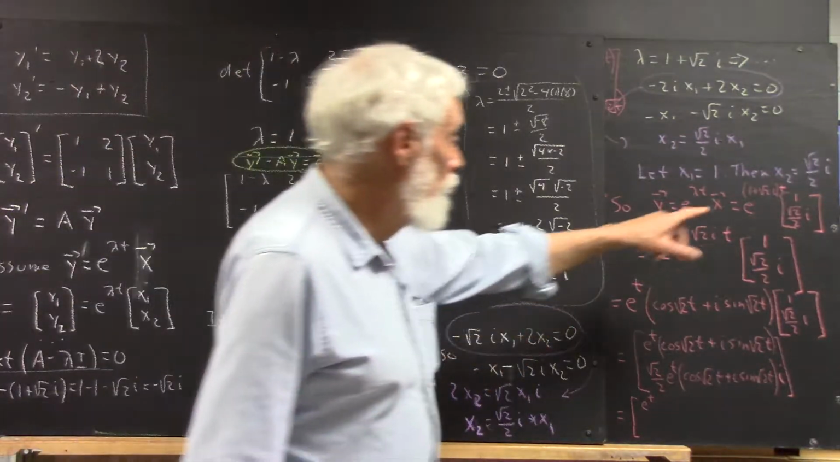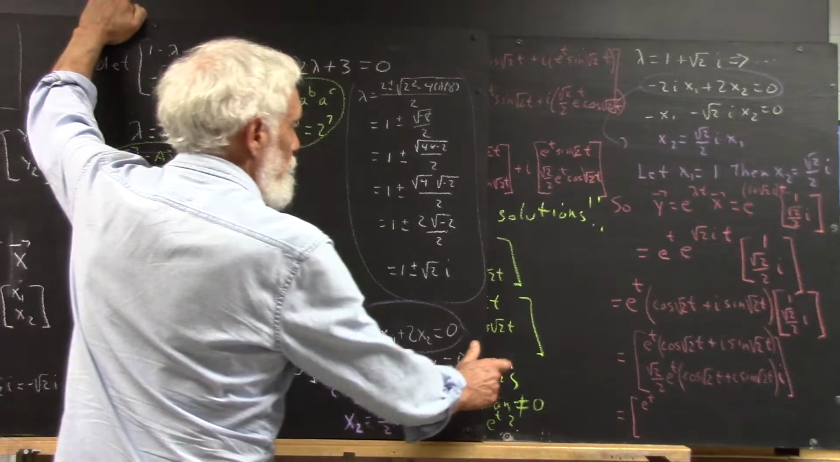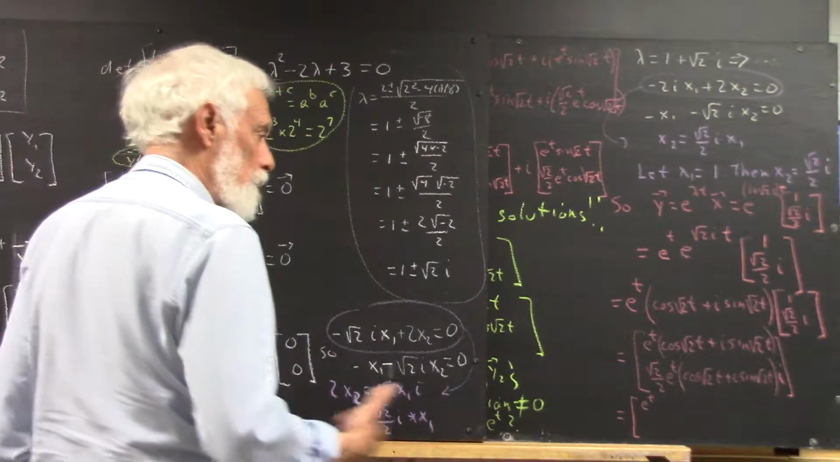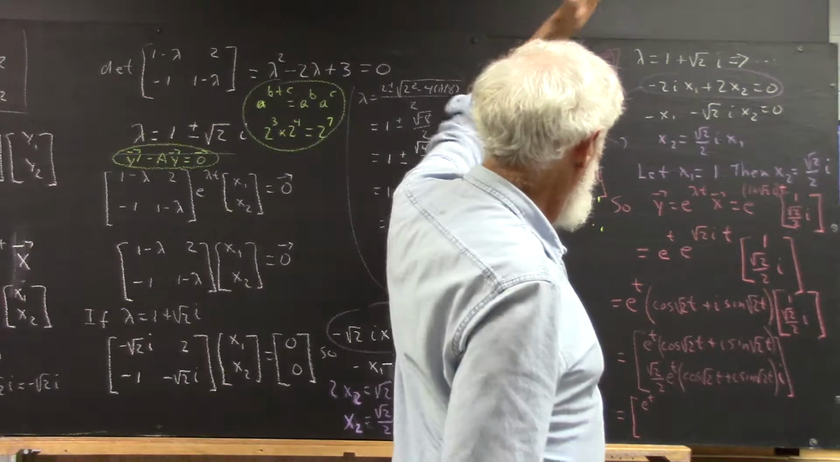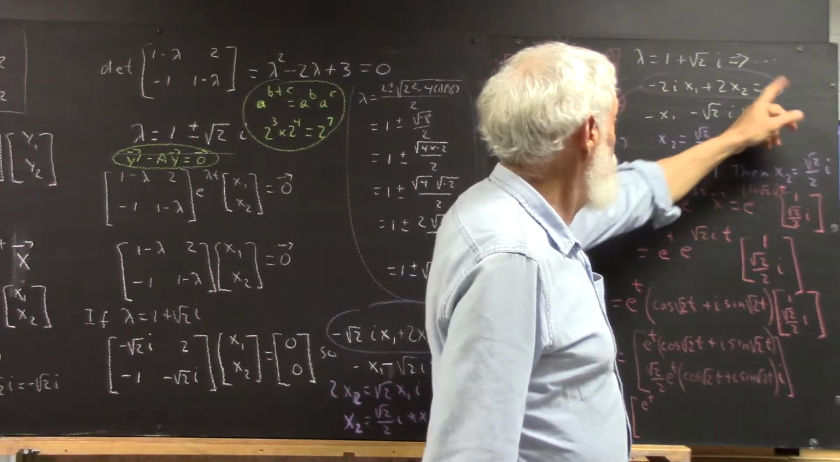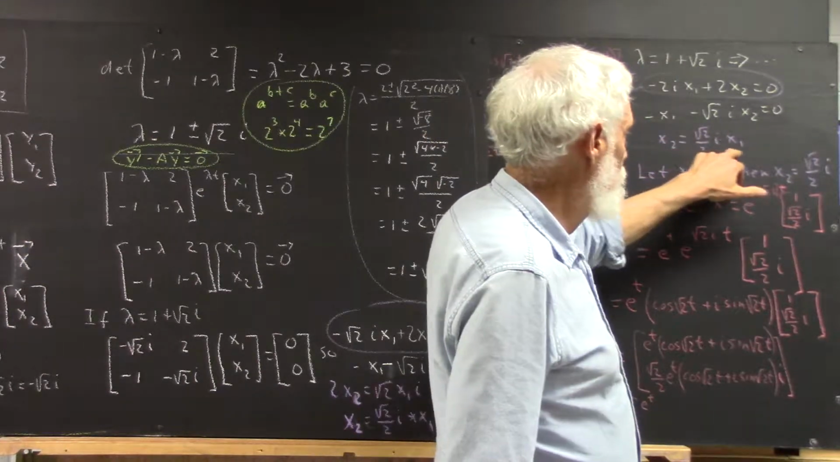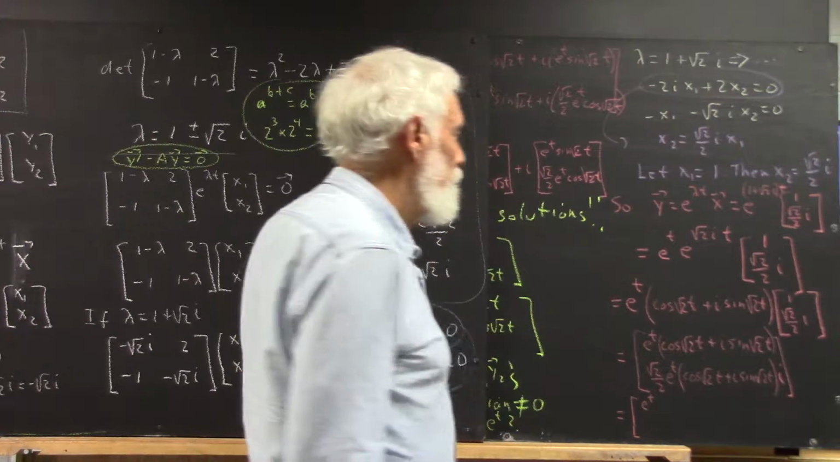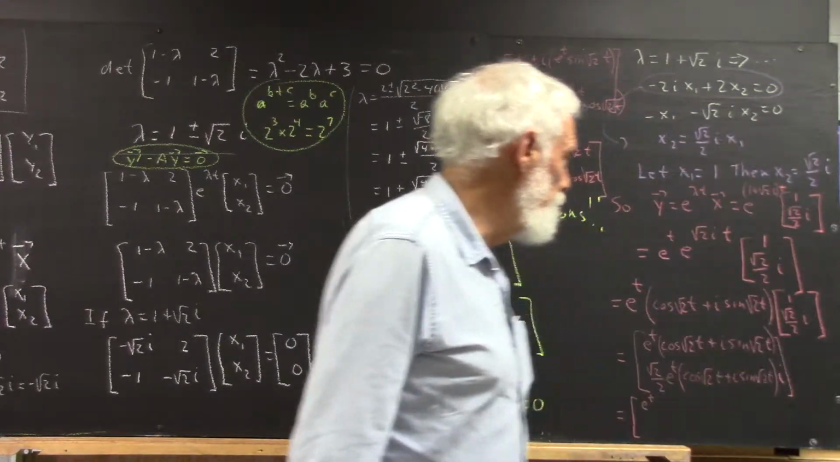Now we do that over here, so let me move this board pretty much out of the way, and I'll move it a little further out of the way as we get into this. Okay, so lambda equals 1 plus the square root of 2i implies this equation that I've already written here, so that x2 is square root of 2 over 2i times x1, and we let x1 equal 1, we get x2 equals square root of 2 over 2 times i,